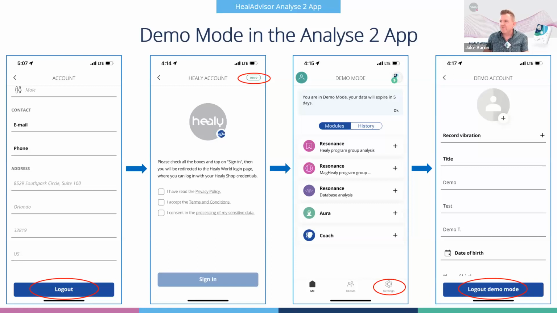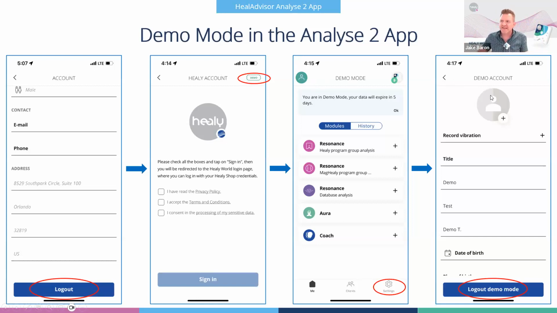So it's very easy to do. It's very clean. But as soon as you log into demo mode, it's going to ask you to set up your account because there's no data in there. You have to put someone's information in there. But it's simple to do. It's very straightforward. But the question we get a lot is, I got into demo mode, but how do I get out of demo mode? So same thing. So the top left of your screen there, you'll see in the demo, there's an icon. If you have your photo in there, you'll see your picture in the top left of the screen. This one doesn't have one in there right now, so it's just a silhouette of a person.